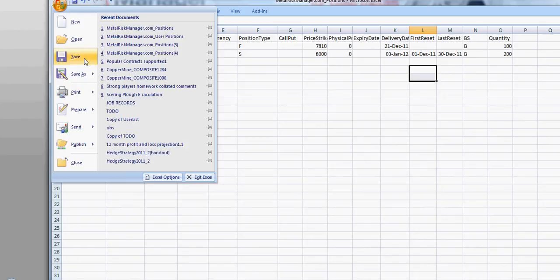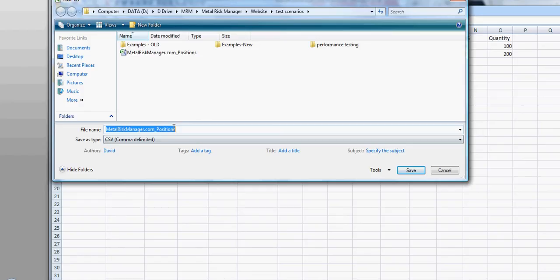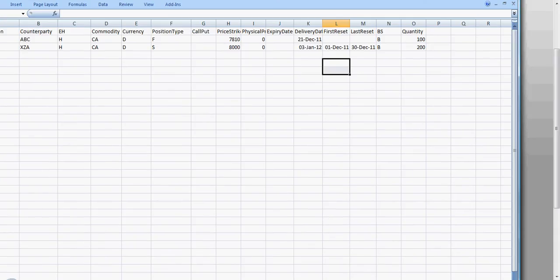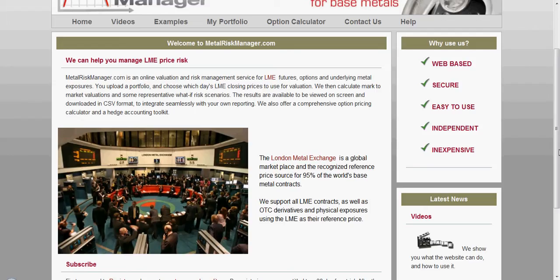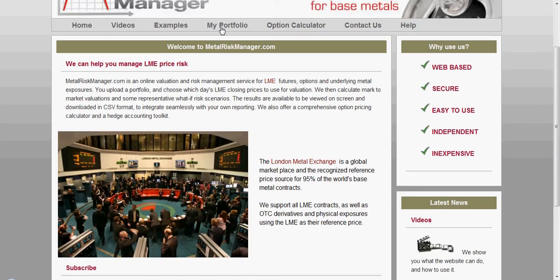and we're going to save as, and we'll just call it test positions, and we want to save it as a CSV file. So let us now close that. We can see that we've got the two test files that we've taken over. We're going to take that down and now go back into the application,